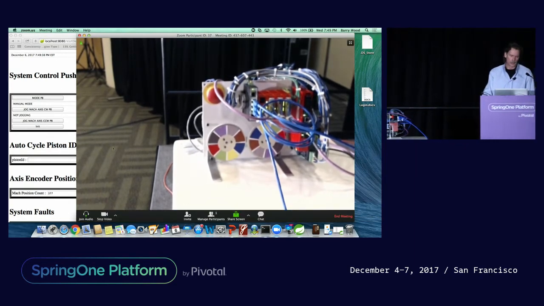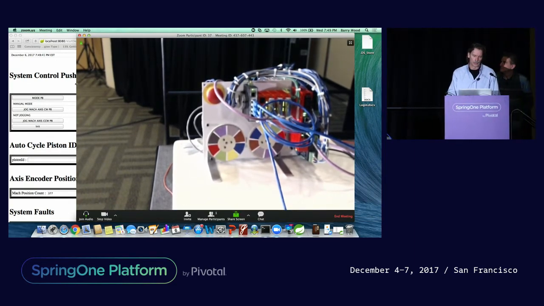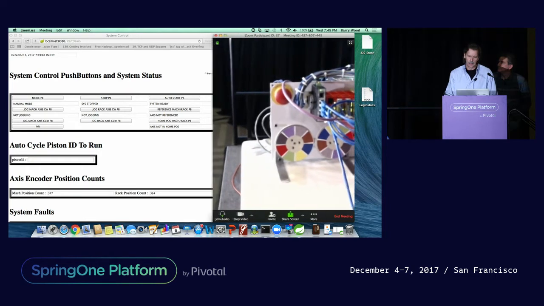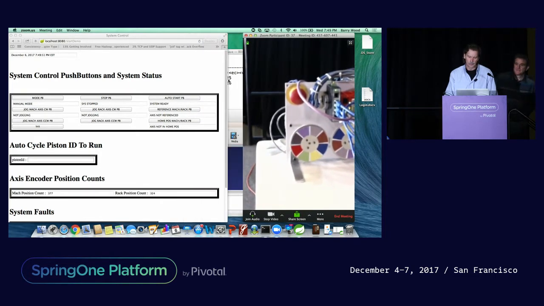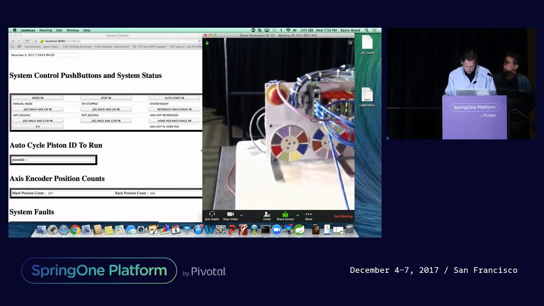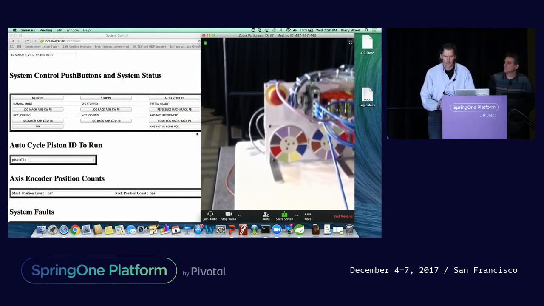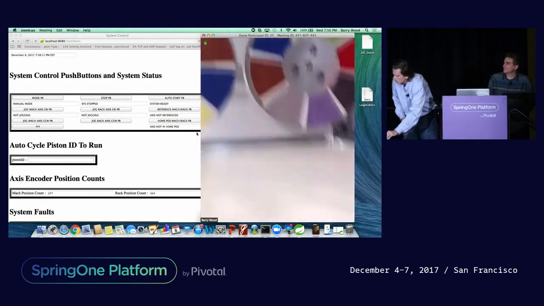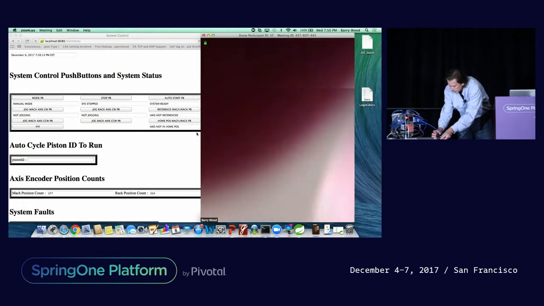So the next thing we're going to do is I'm actually going to do a demo with this, and we're actually going to run it. And what I'm running here is a Spring Boot application. Let's see if we can move this down here so we can get a little better view of the